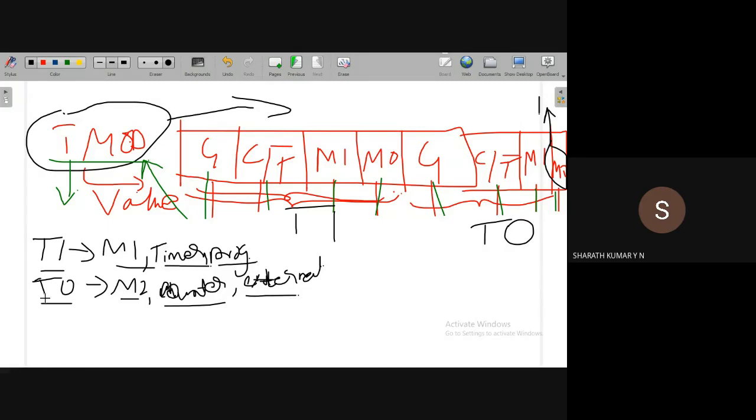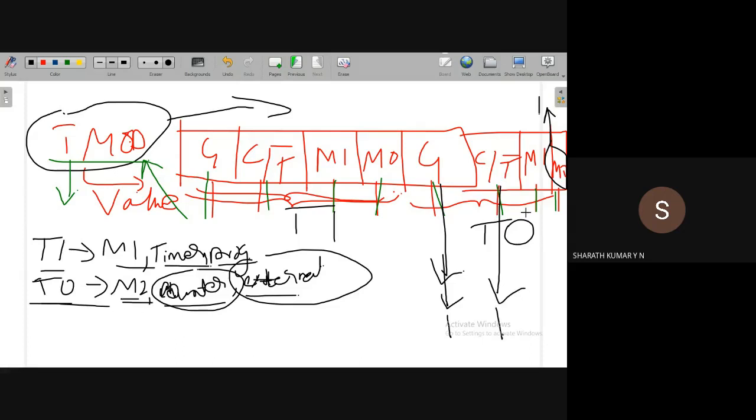Okay, so let us start with timer 0. For the timer 0 gate bit, I want it in external hardware method, so this bit should be 1, because we are going to use an external push button switch to control the operation of the timer. It is a counter. Counter means the C/T bar bit should be set to 1.